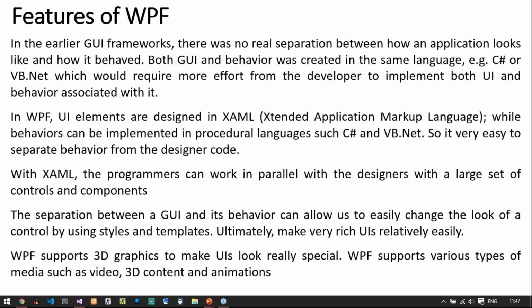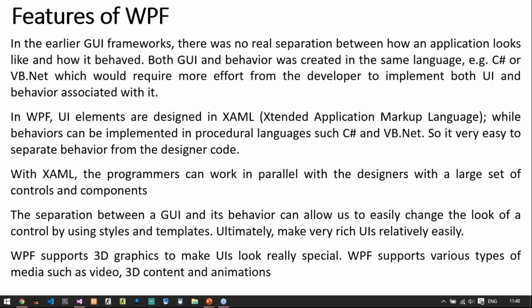Whatever GUI part you are going to do in your WPF, you need to write code in XAML. Likewise, in WT, as you write all the code of the design part in HTML using CSS, similarly, all the GUI related work will be done using XAML.